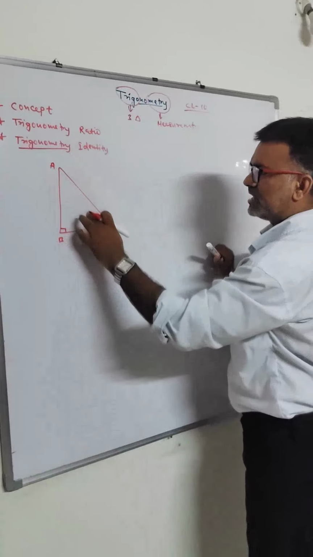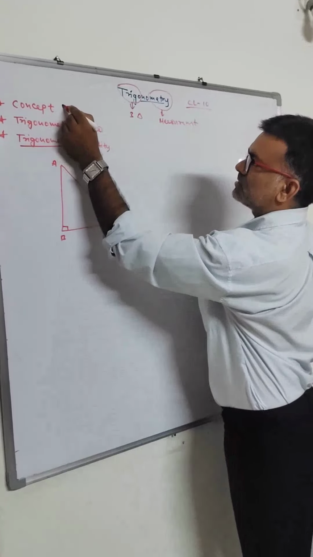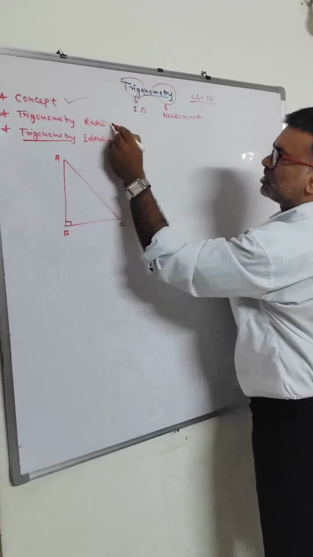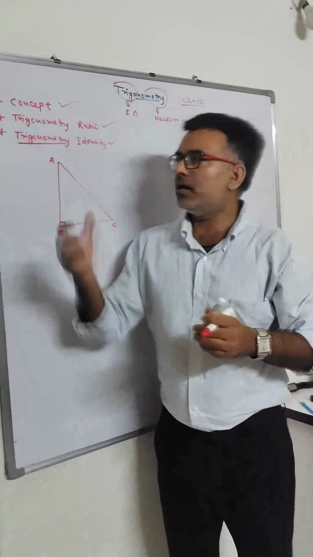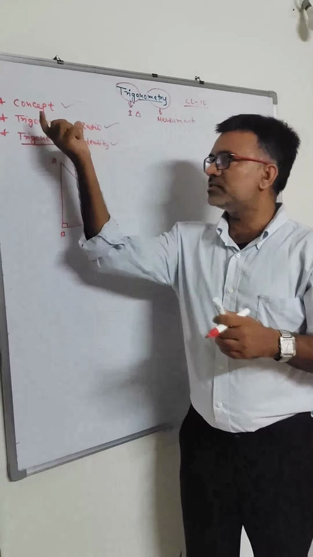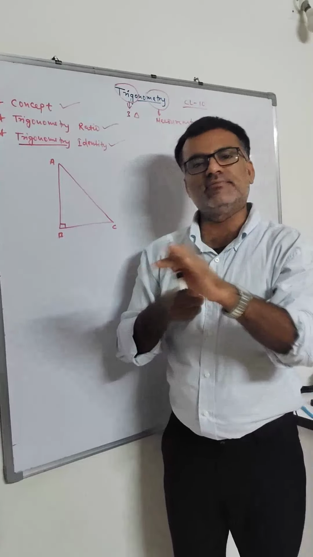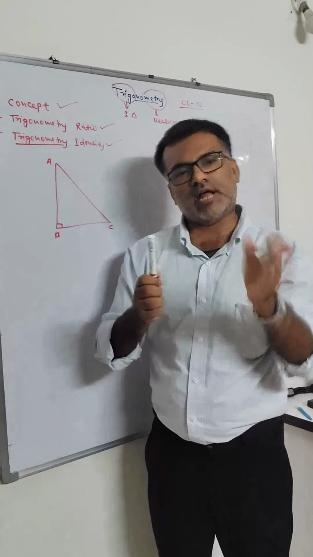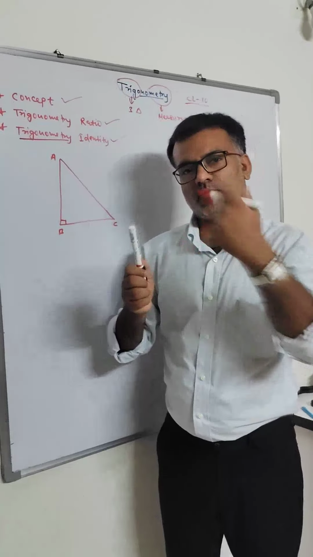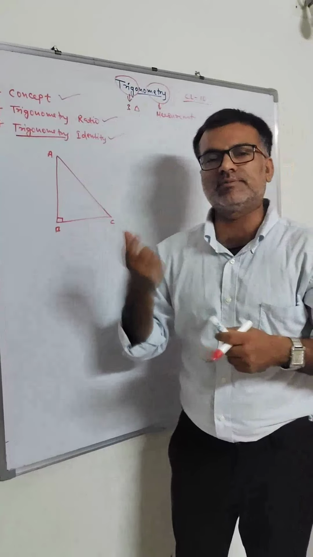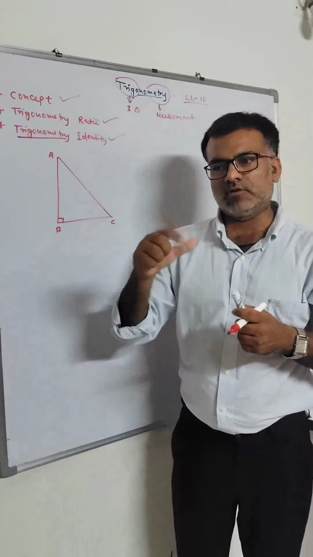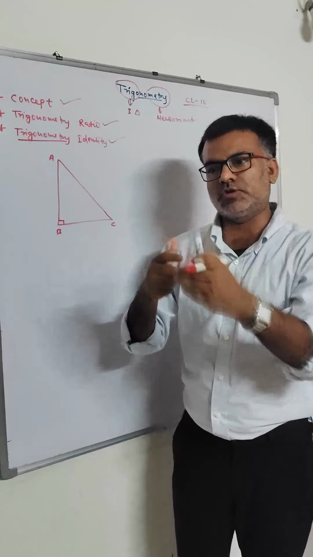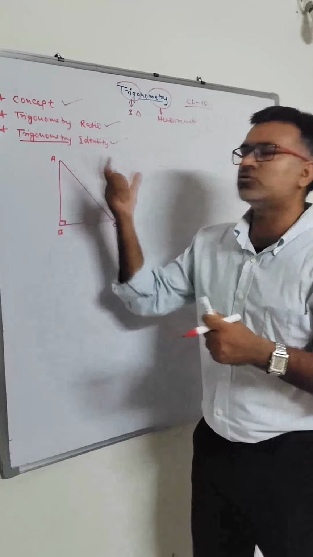As per this right angle triangle, first of all I will discuss a concept. Then there are trigonometric ratios and trigonometric identities, and how we are going to use these concepts in our numericals. We will discuss what our approach should be, how we will approach the question. For example, in this chapter students basically face problems in proofs. For that also, I will give you a solution for how you are going to solve them.